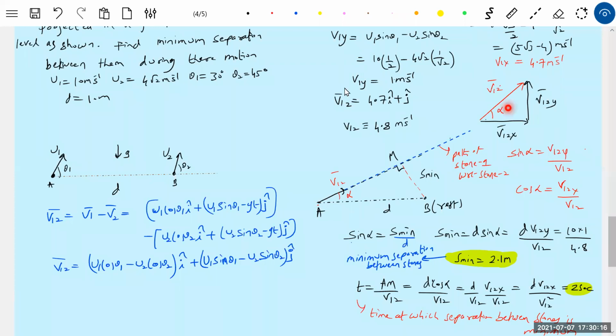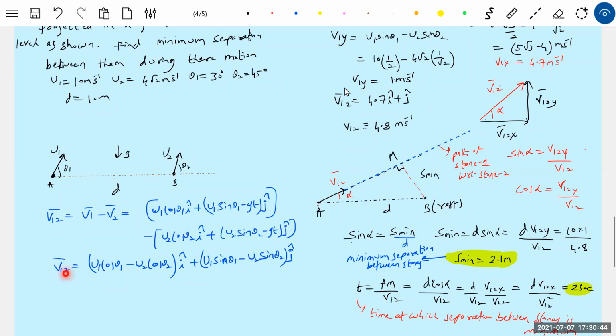How to calculate relative velocity? Everyone knows V1 bar minus V2 bar. So what is there in this problem? There's nothing like a very big concept. But sir, acceleration due to gravity is there. Why didn't you bother? It got cancelled. So in exams, you have to jump directly and not bother about this g. Just look at the initial velocities and get that V12 bar.